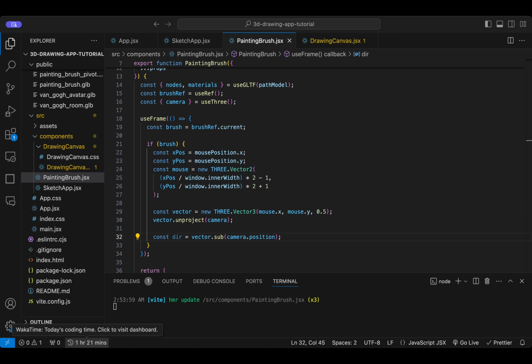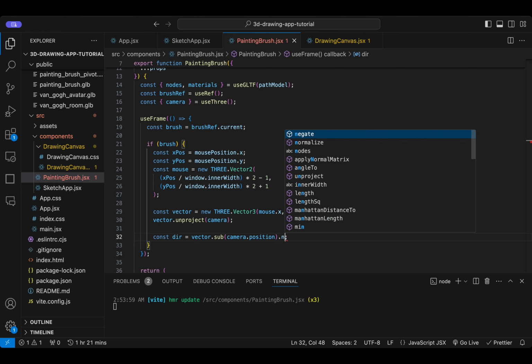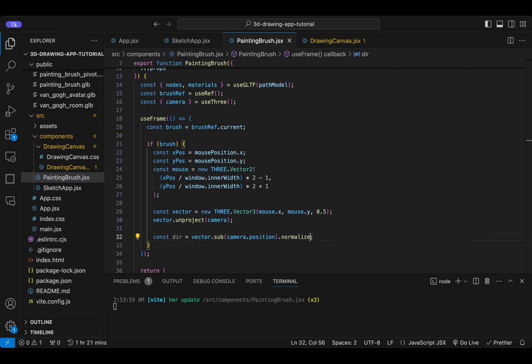And we normalize this with the method normalize. And the method has parentheses. To explain,